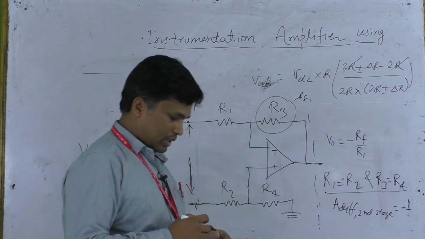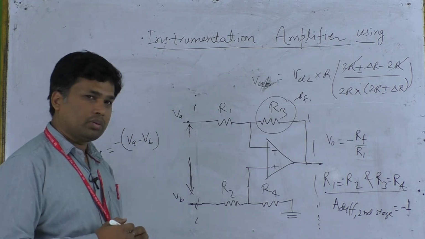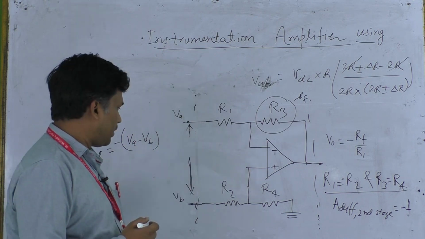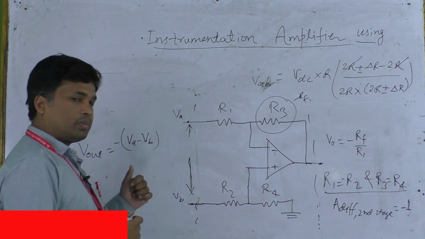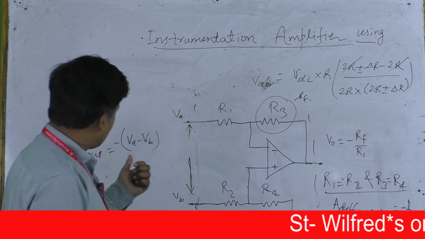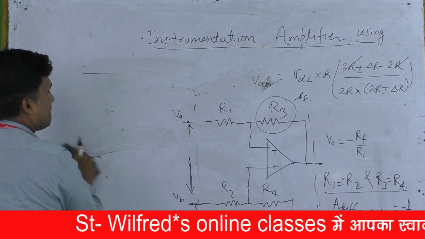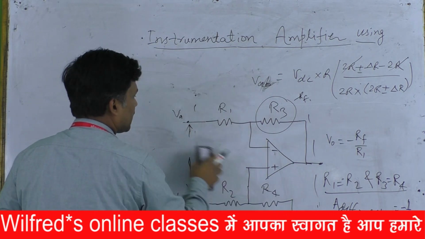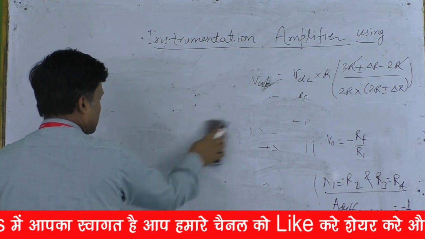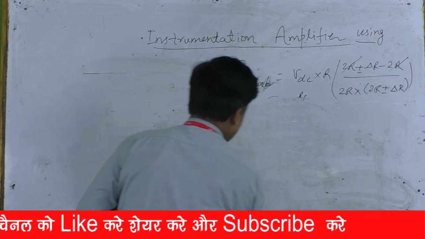Now if the input due to change in resistance is not much larger, is not a useful value, in such a case we can change the gain of this particular amplifier so that we will have a large output over here. So how to change this particular value? For that we need to change in the buffer stage. Let's see how. Or we can change this particular gain. We have two options. Usually the designer changes the gain of this buffer stage as